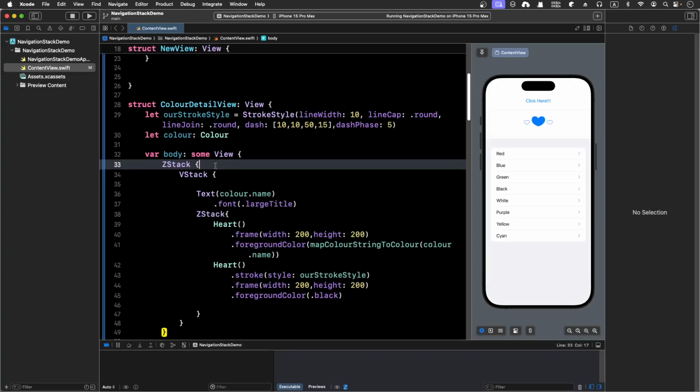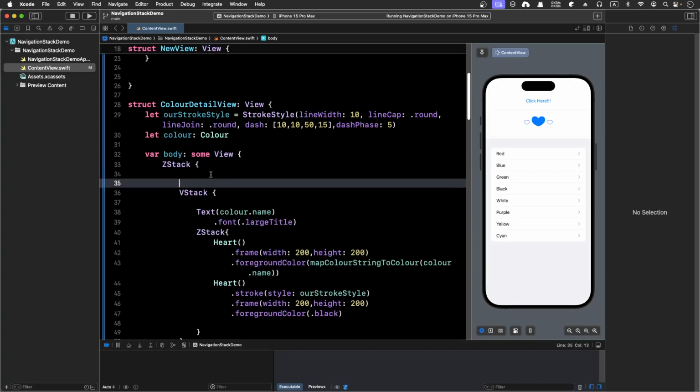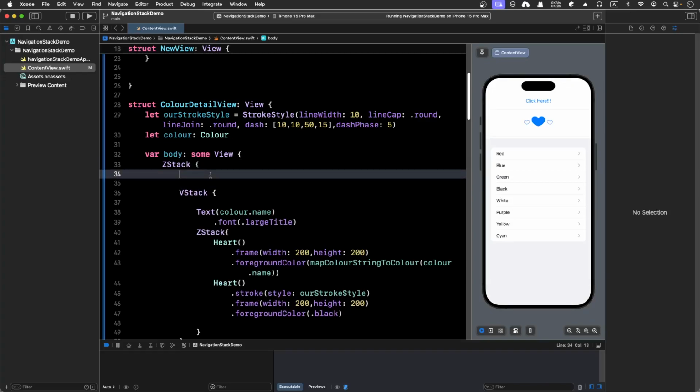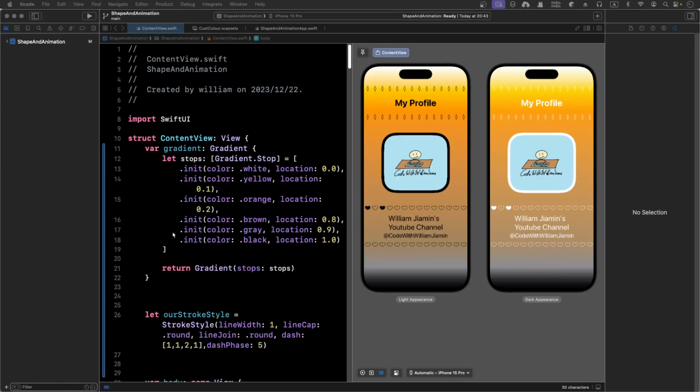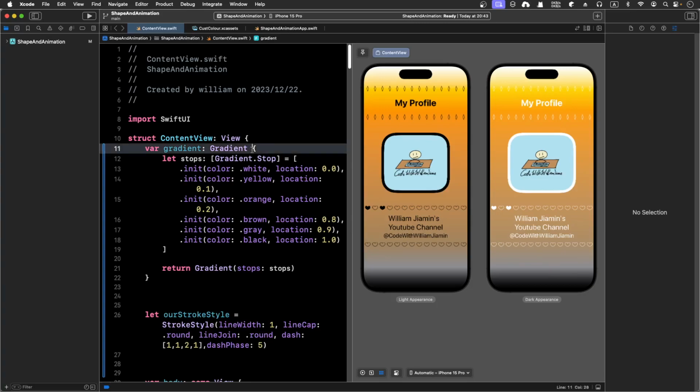And then I'm going to add in maybe just a background. And I think previously we got this customized gradient, so let's get all that,